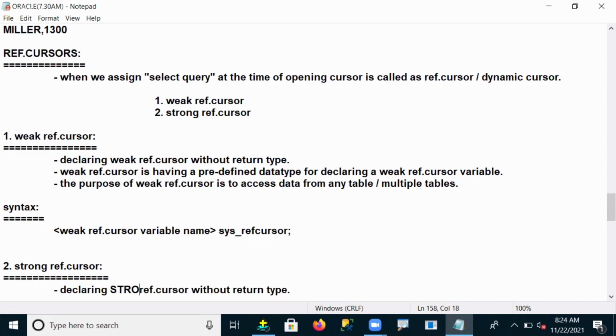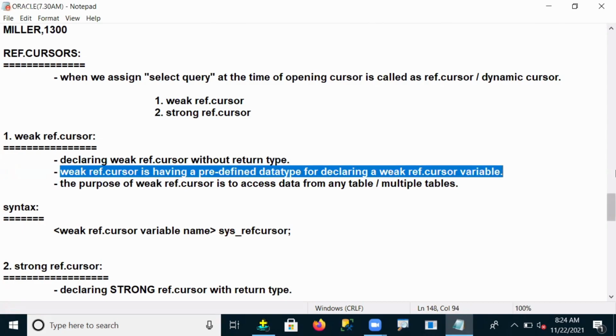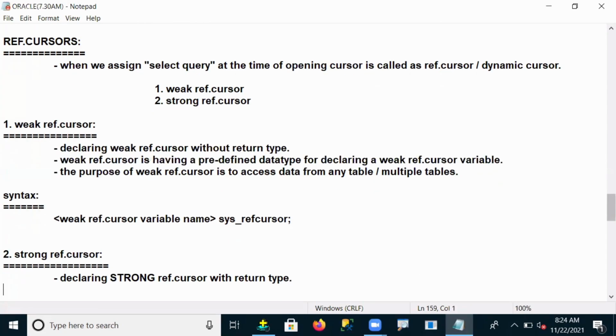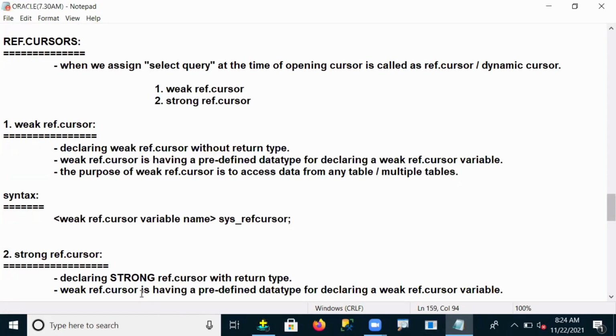The weak ref cursor has a predefined data type for declaration of the variable. But when you declare a strong ref cursor, there is no predefined data type for declaration of the strong ref cursor variable.